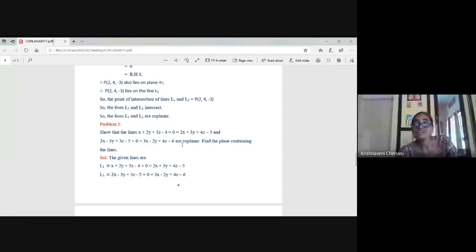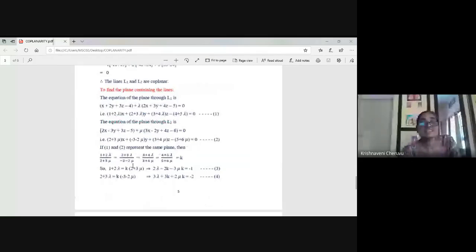Now what you have to do is find out the plane containing the lines. For that there is a procedure, girls. So, to find the plane containing the lines. See, all these problems we worked out in the class. We did it in the revision time, and students are also allowed to do them on the board. But these being very important and we have time to do revision, I'm revising them, girls. Okay, try to understand, go through the video once again. I'm recording this video and sharing it with you so that you can play it once again and watch it and then learn doing it properly and do the problems.